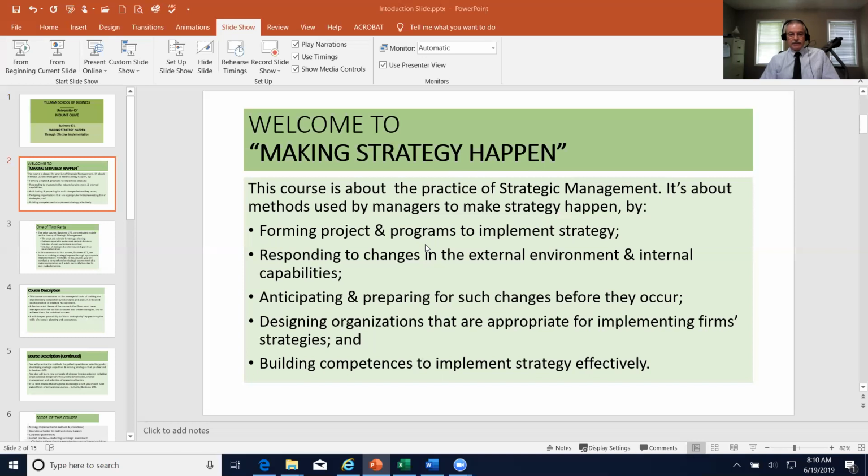So in this particular class, we're going to be looking at how can we anticipate and prepare for some of these changes, and looking at the organizational design and see if the organizational structure is really supportive of the changes that some companies are going to be facing in this ever-changing environment, and certainly helping them build the competencies necessary to implement strategy effectively. Now, in our course, we're really going to cover chapters 4, 11, and 12, which is